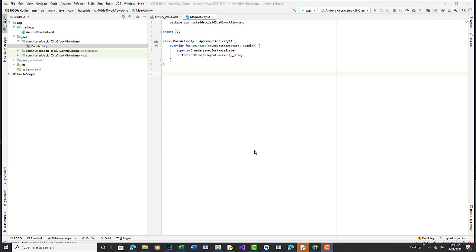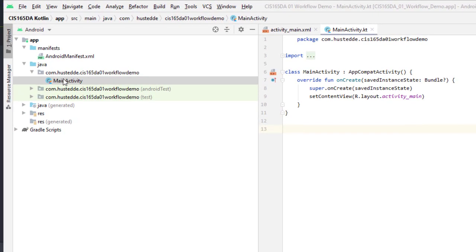We've created our workflow demo app in Android Studio, and we've got a file here called MainActivity, which is inside the Java folder and inside our application folder. It has a class called MainActivity, and inside that there is an overridden function, onCreate, that says setContentView